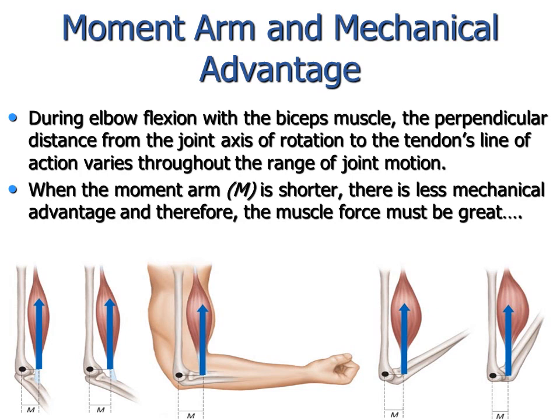And so therefore, in order for your examinee to create a motion around that joint, the muscle force must be great. Now, this is something that you can employ, for example, when testing very strong examinees. Let's say you have a muscle builder guy with big, huge biceps and very strong biceps muscles. Well, that might be the type of person that you need to place in a mechanical disadvantage by shortening the